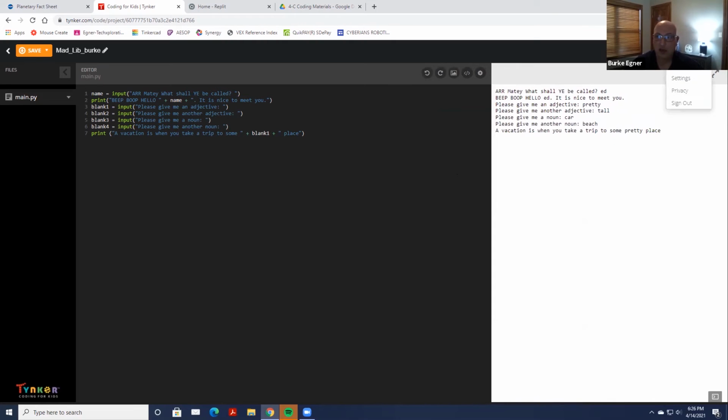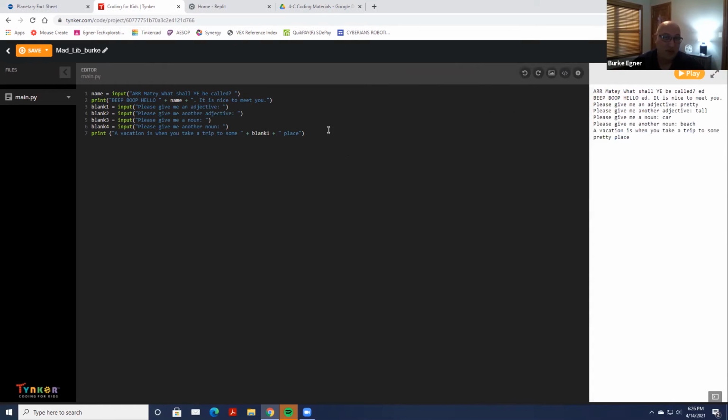So just so that you guys get some coding with it, we're going to go to these first 4 variables. I'm not going to code the whole Mad Lib for you. You guys do have the whole thing, but I'm just going to code this out. So I've got a place with your, and again, make sure you put the space. I'm going to forget to put the space just to show you how it looks messed up. Plus, I'm going to bring in my blank 2, plus, start my string up again, and I'm not going to put my space at the front of it. And I'm going to put family, period, and then usually